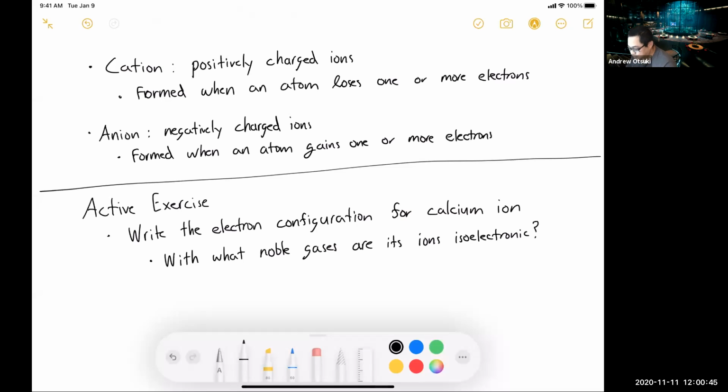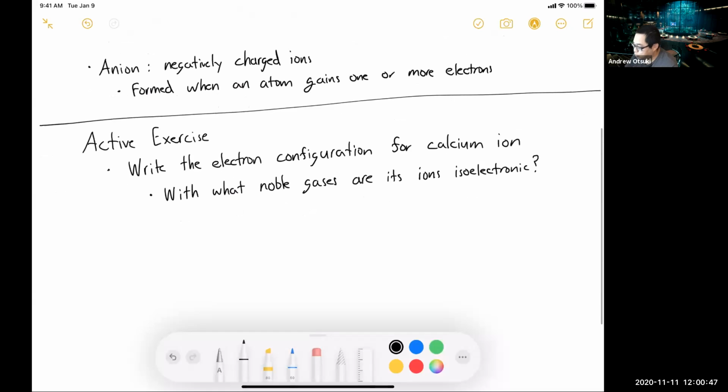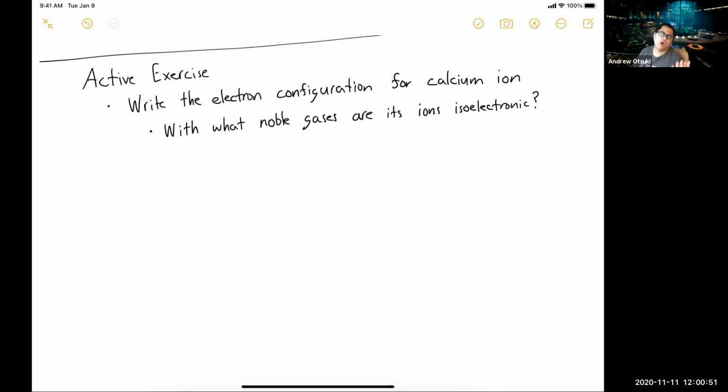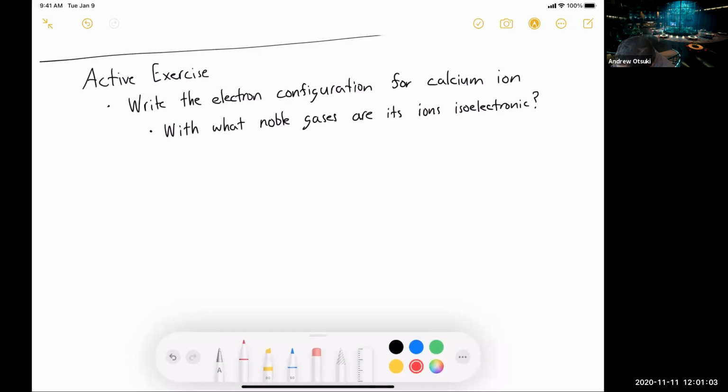Okay, so let's talk about this. Think about that table we just went over and find the calcium ion and ask yourself, well, what noble gas is it isoelectronic with? So here is our solution. So hopefully you do this first. So our electron configuration is